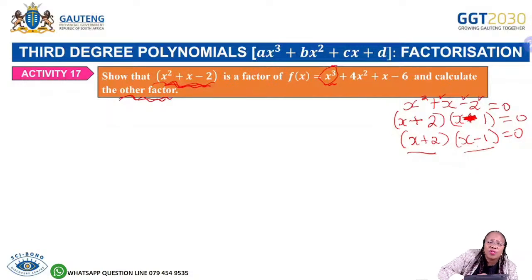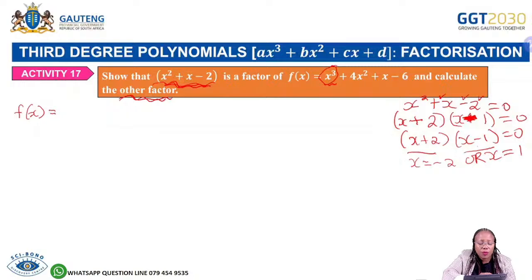We can take one of the 2, it's up to you, grade 12. If you want to use x plus 2, you can, or if you want to use x minus 1, you can also do so. If you decide to use x plus 2, you will substitute your x with minus 2, or if you use x minus 1, you substitute your x with the 1 there. So let's say this particular learner decided to use minus 2. That will be f of x equal to x